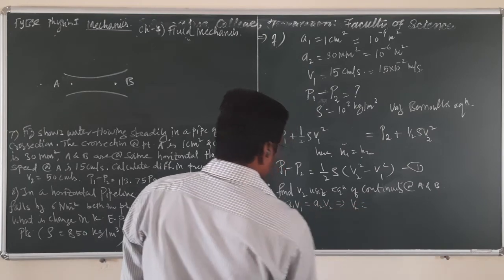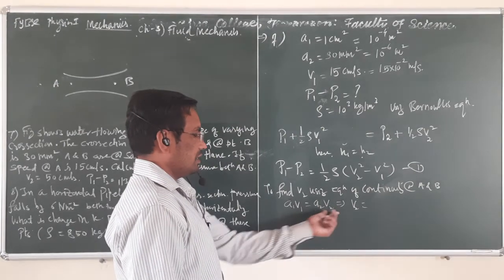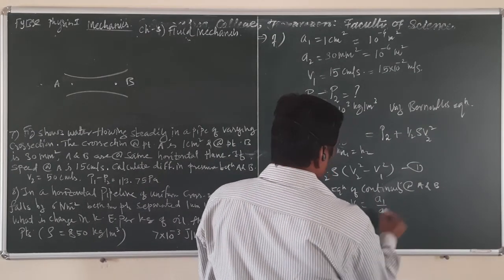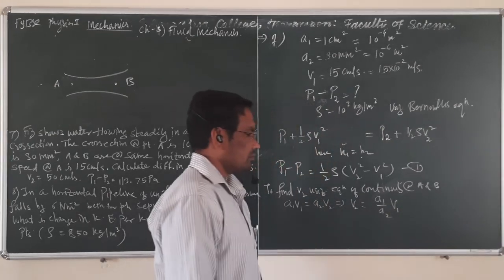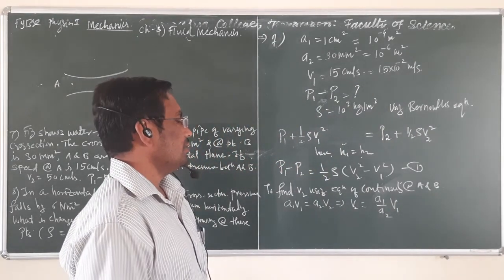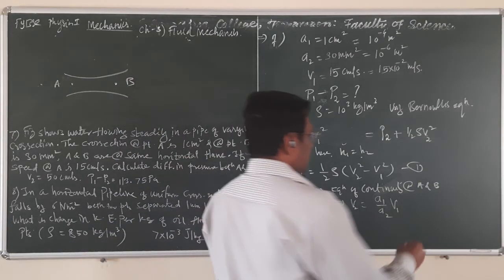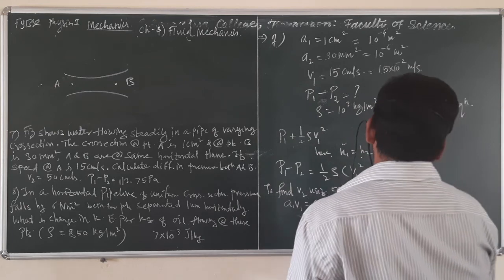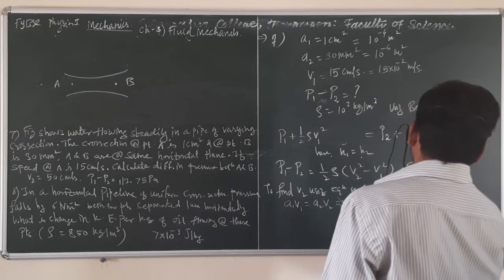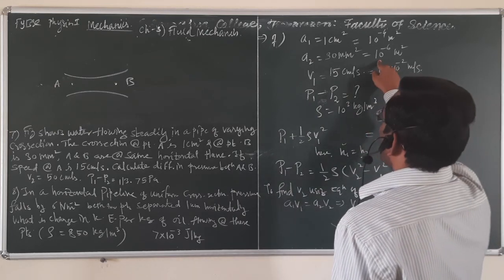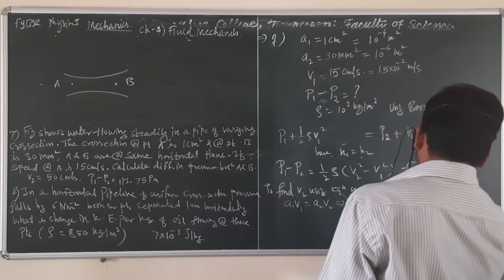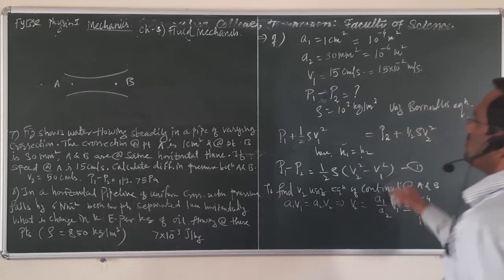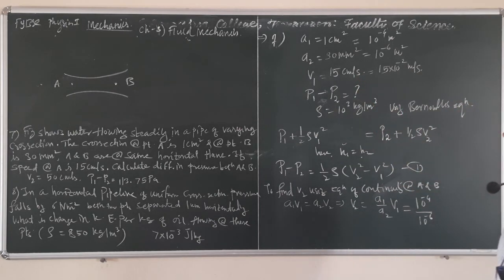So V2 is equal to A1 divided by A2 multiplied by V1. Now using given values, A1 is 10 raised to minus 4, divided by A2, which is 10 raised to minus 6, multiplied by V1. V1 is 15